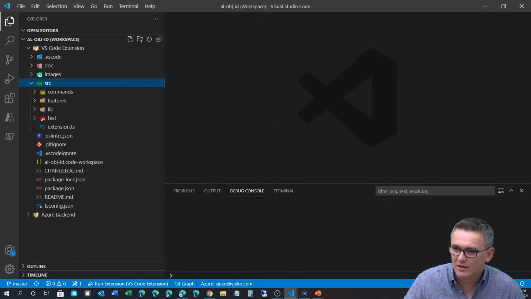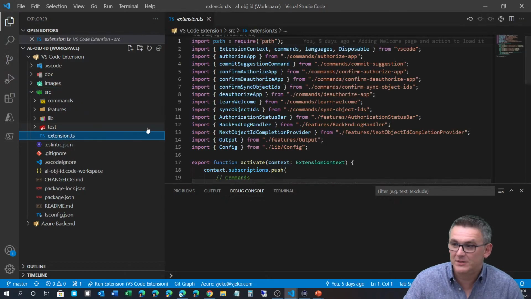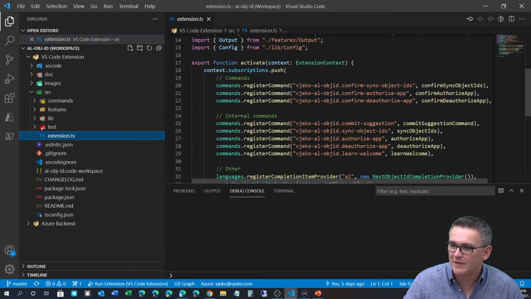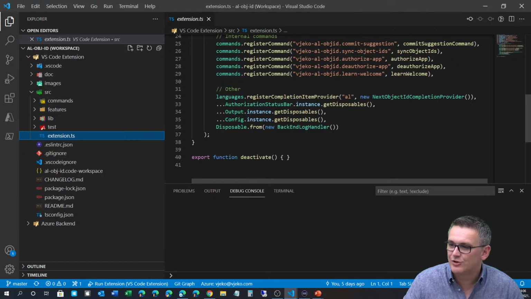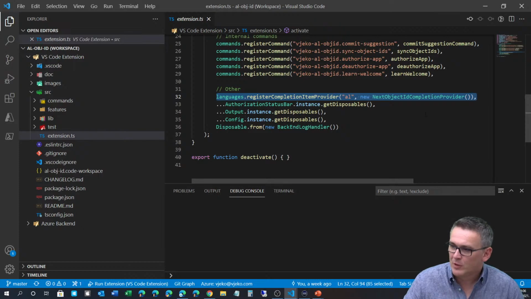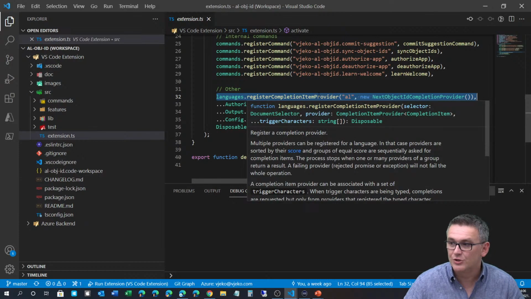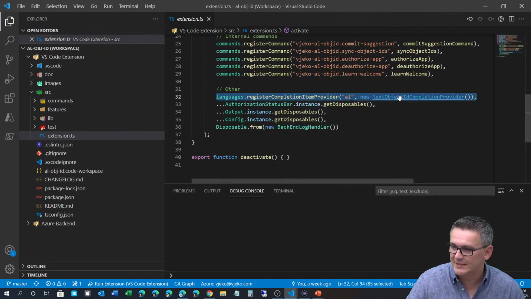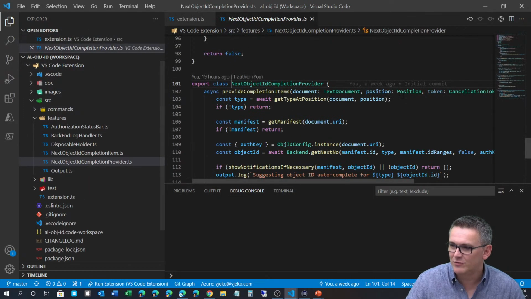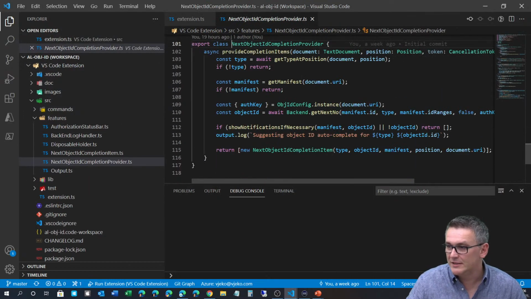If you know the anatomy of a VS Code extension, you know that typically they have this extension.ts. What this extension does is that it primarily registers this completion provider. A completion provider is nothing but an IntelliSense provider which can jump in and provide suggestions for the specified language. In this case, this is AL. So if I take a look at what this provider does, it is essentially this small class which has this